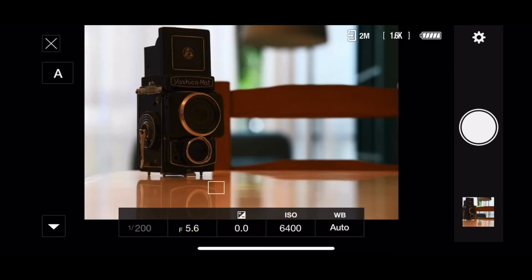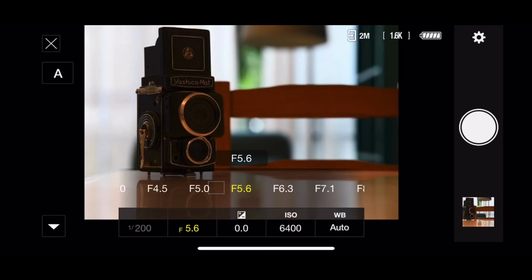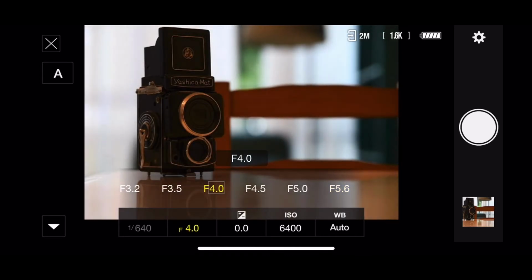Let's let more light in. Let's go back to that aperture and move it to f4. And it should be 1/400th of a second. And you'll notice there it is, 1/400th of a second. And the background, as we do this, is getting blurrier and blurrier. And sometimes, as you noticed before, it might change a little bit between two numbers, but generally that's